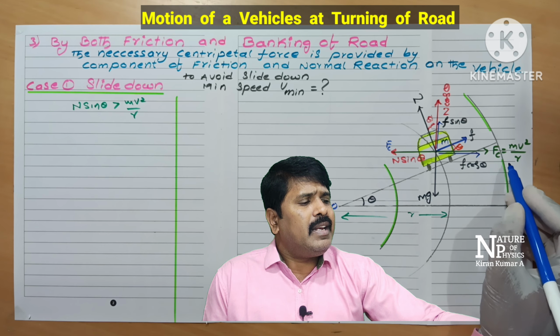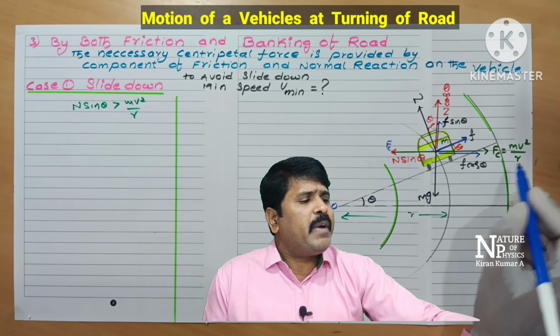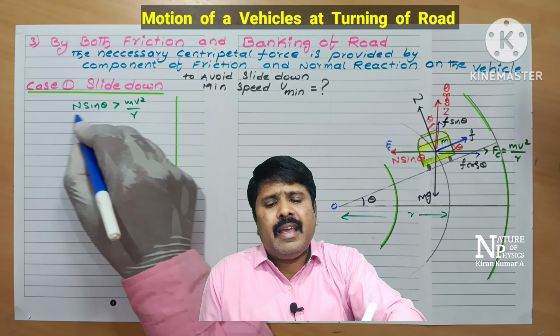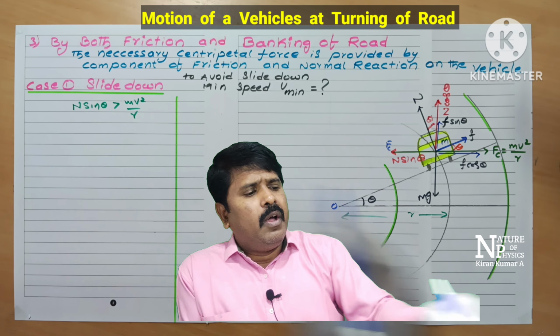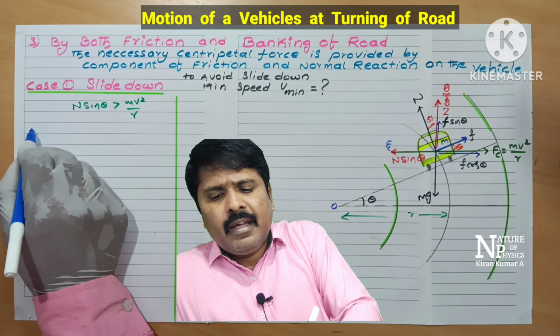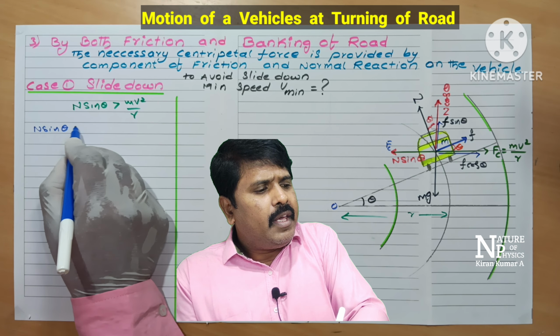The reason is that N sin theta is balanced by m v square by r plus F cos theta. So N sin theta is greater than m v square by r. The balancing equation along the horizontal axis is N sin theta equal to